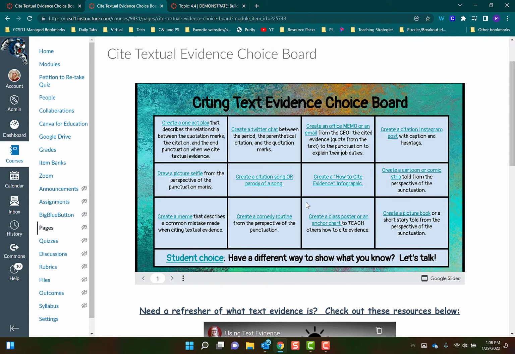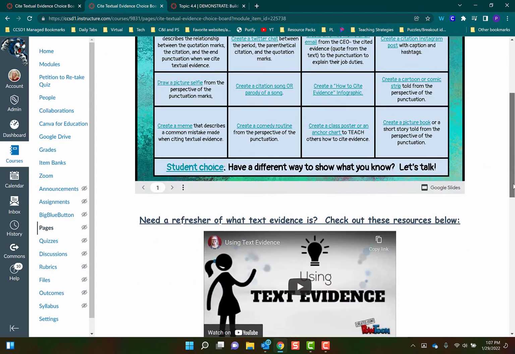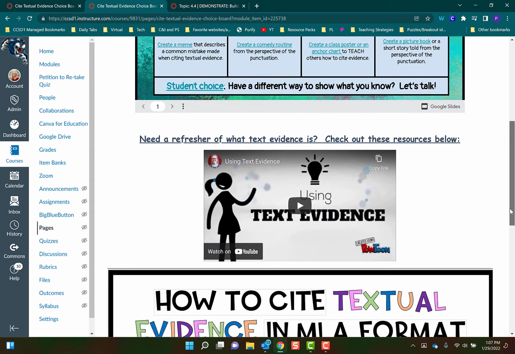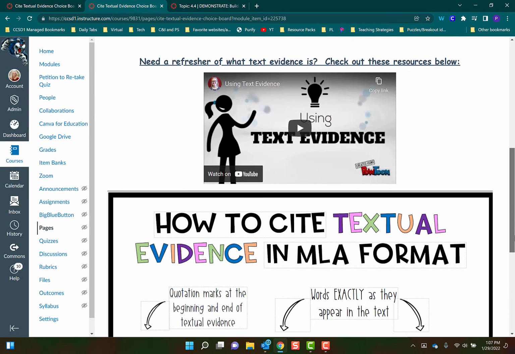And then down at the bottom here, I also wanted to include a student choice. So if none of these are how they want to show what they know, then they can come up with their own choice. I also wanted to give them kind of a refresher of how to cite evidence from the